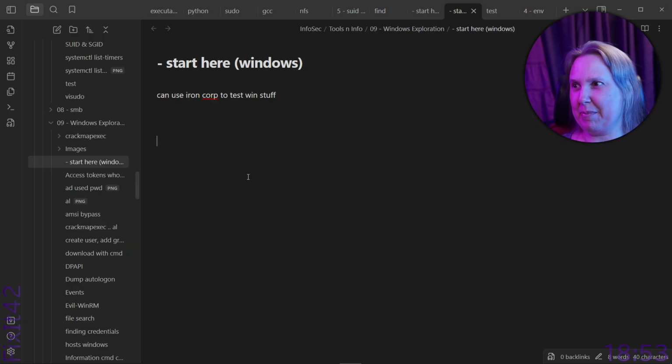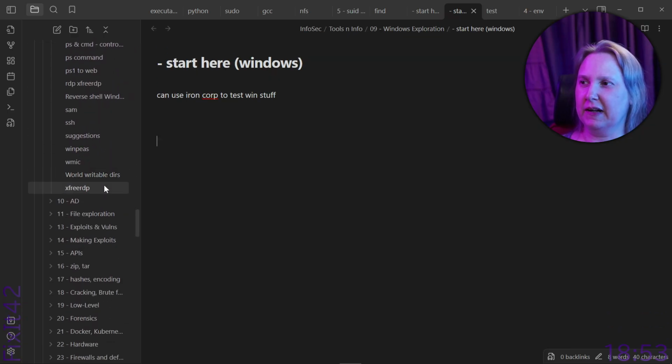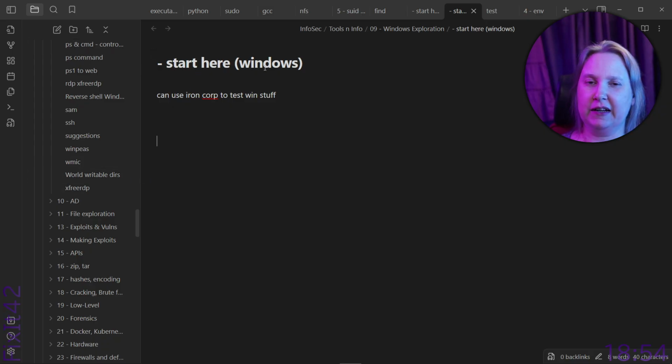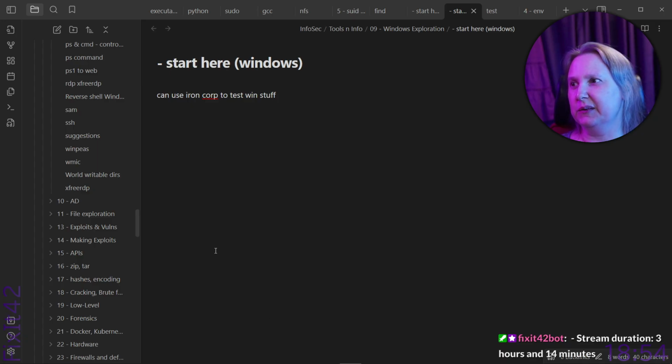So it's not like I don't have any notes. I have notes. I recently, well, I guess it might be months ago now, started making these start here notes to put together a what-to-do methodology. And on Linux,